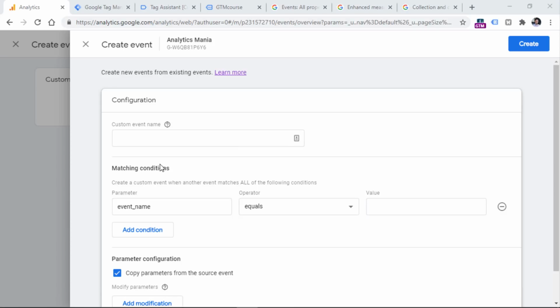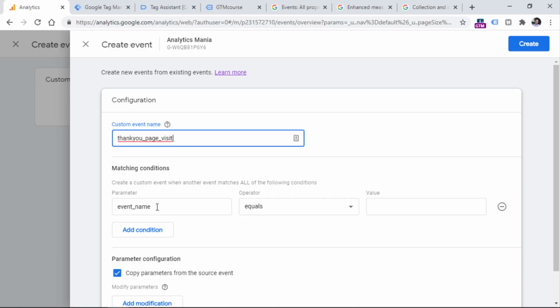First, I need to create the new name for my custom event. For example, let's say that I want to name that event thank you page visit or something like that. And then I need to enter the conditions of the existing events. So for example, if I want to treat a certain page view of a certain URL, then I need to enter those conditions right here.